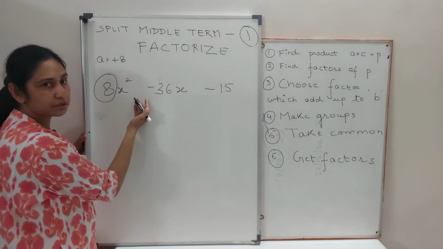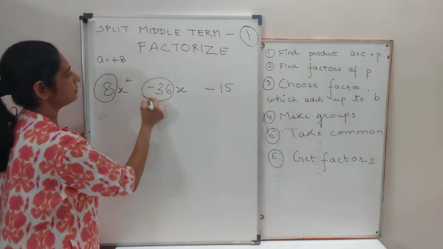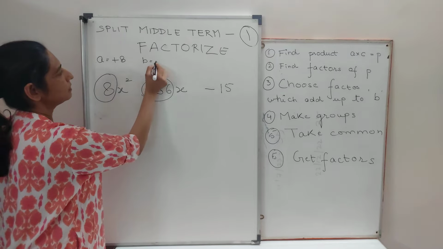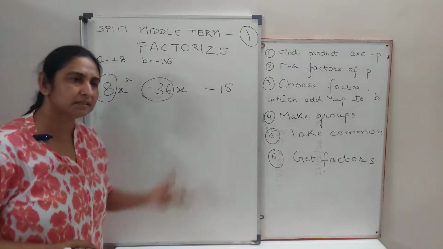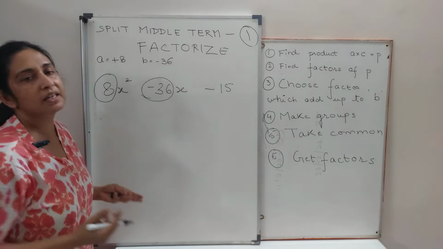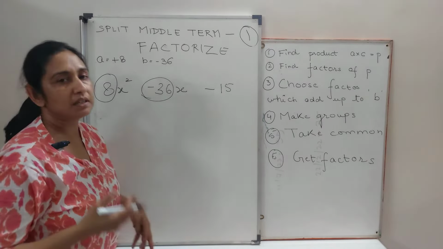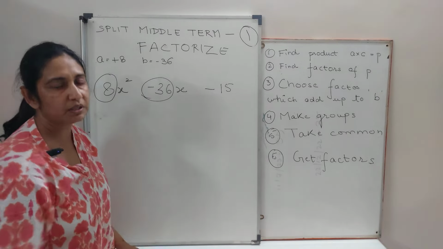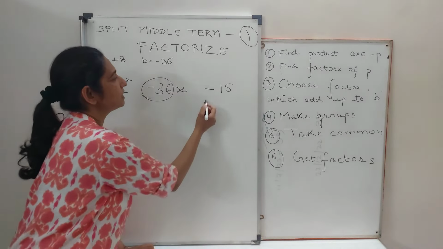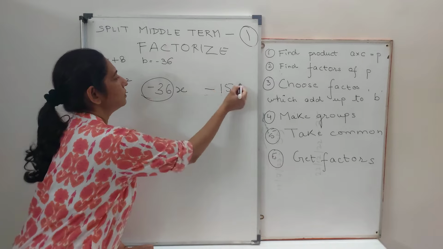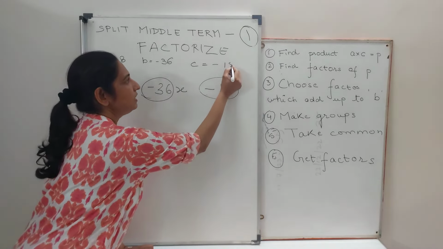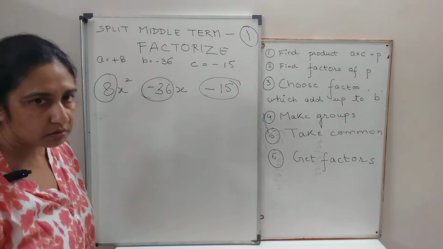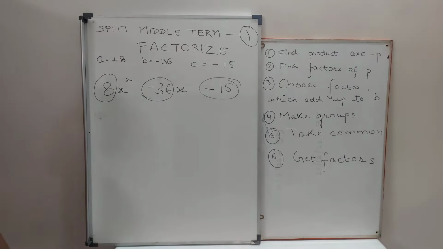B is the coefficient of x, so B becomes minus 36. We should always write like this, because if you write at least this much, you will not get a 0. If you just write A, B, C, at least you'll get half a mark. If you don't have time to solve it further, you'll at least get marks for this. So at least write the values of C. It will become very convenient for you and for the examiner to understand.